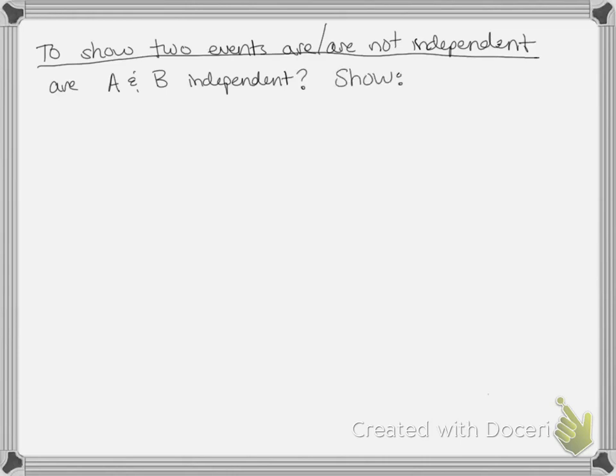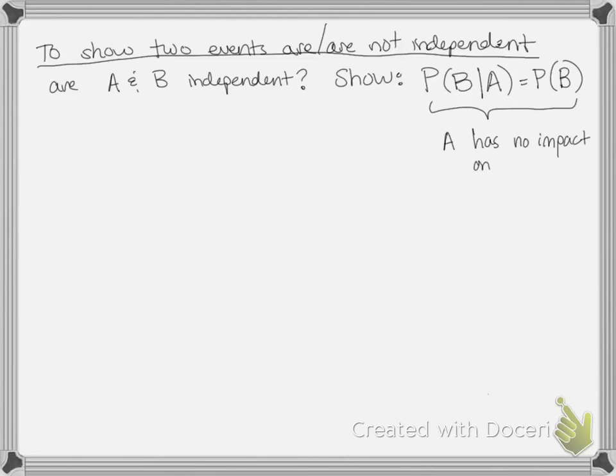Show that P of B given A just equals the probability of B, right? This tells me that A has no impact on B, right? So if two events are independent,